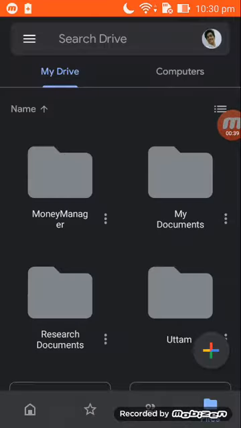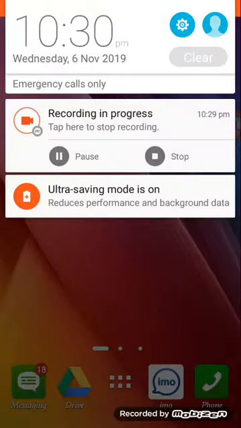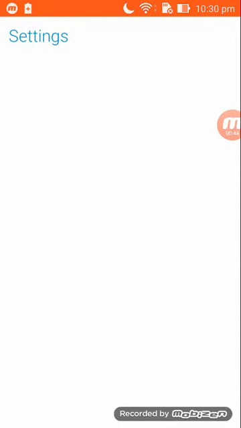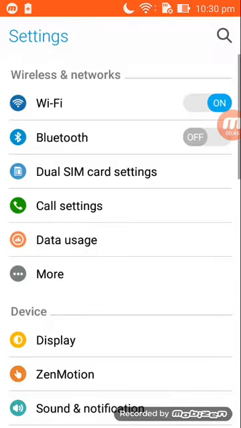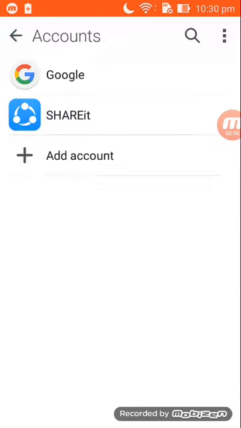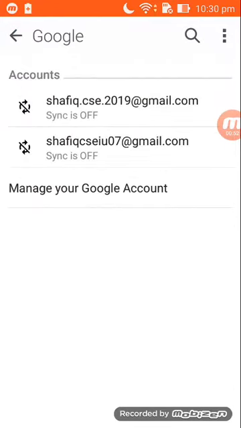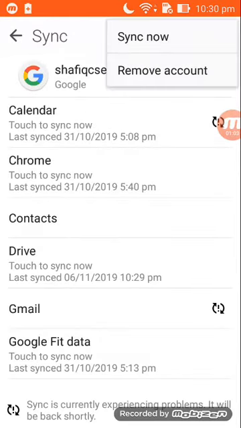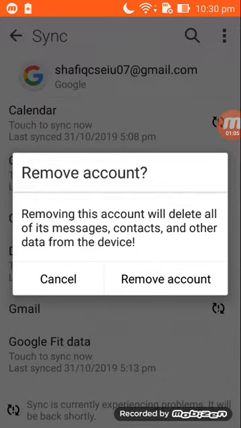you have to go to settings and go to accounts. Yes, Google. There is the logged-in Gmail account. If you want to log out from this device, you have to click on this and click on this Gmail account,